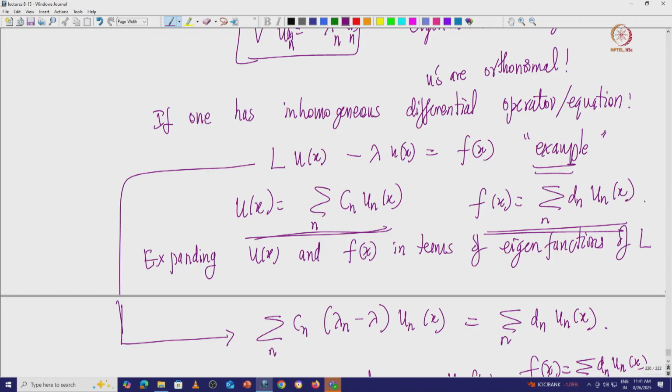Using this complete set, I can then expand this psi. Imagine in our case u would be psi of x, and f of x would be some v of x, or something, essentially some inhomogeneous part. This is in general, because I am not writing it for a Schrodinger equation; I am just telling you what happens for the differential operator. I am just expanding u of x and f of x in terms of the differential operator's eigenfunctions, and putting it back into the differential equation.